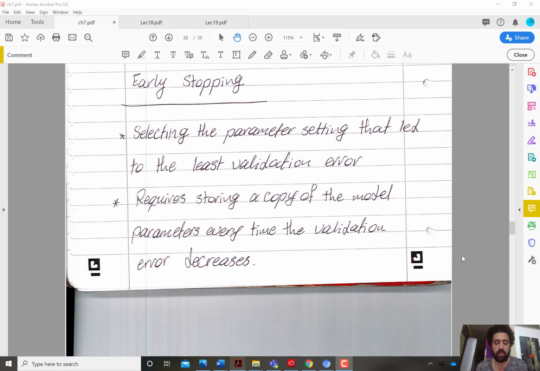It means that you hide part of the training set and you call it a validation set, okay? And as you train, you measure the performance of your model on the validation set. Every time this validation error goes down, you store a copy of the model parameters. So every time you get a better validation error, you copy the model parameters. Then at the end of training, whenever you decide to stop, and we'll discuss when to stop shortly,